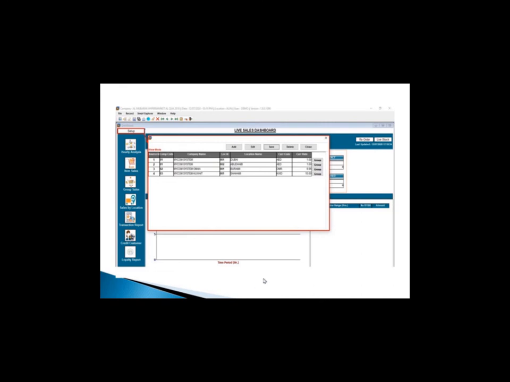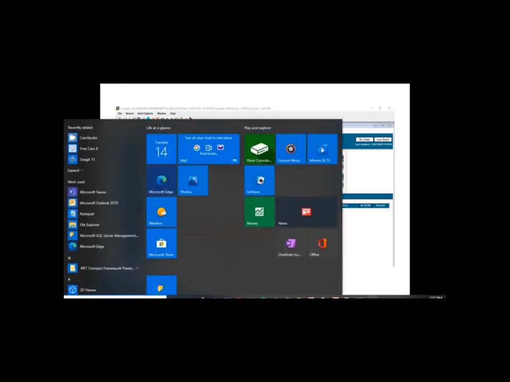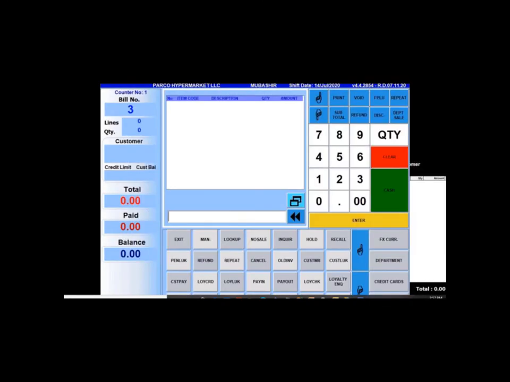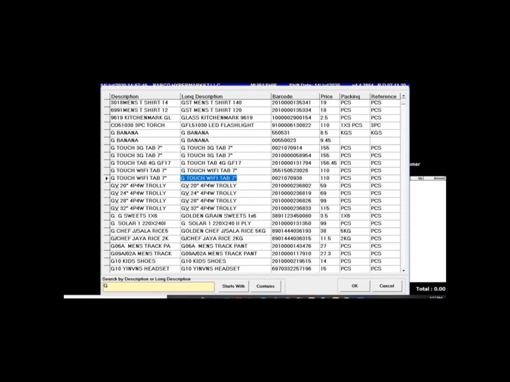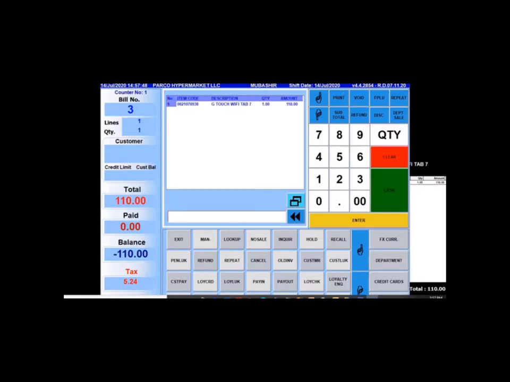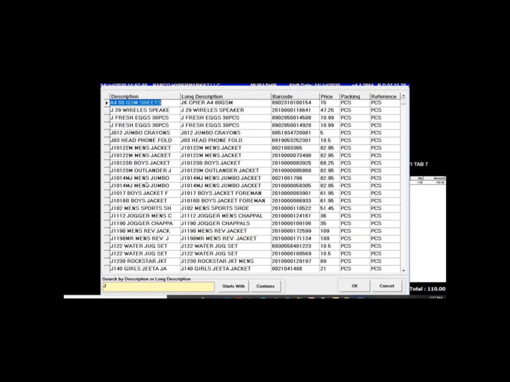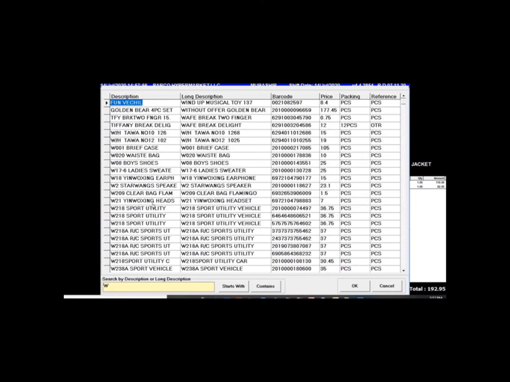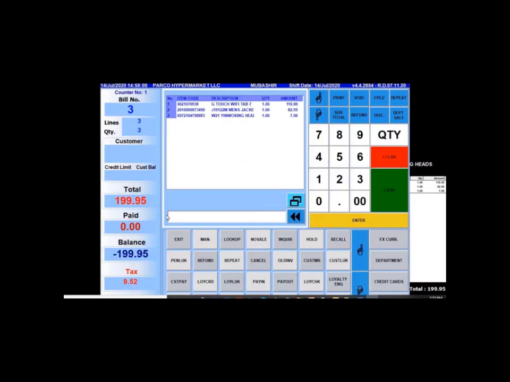Now we can go to the sales part, how it is syncing real time. Three items. Now my sale amount is 199.95.